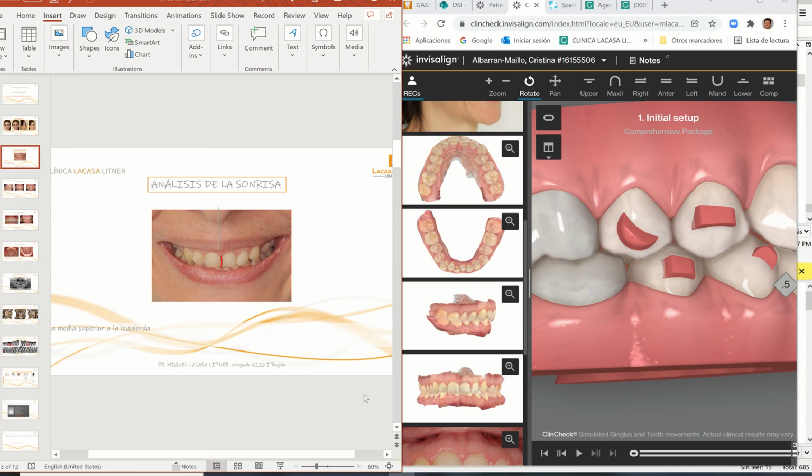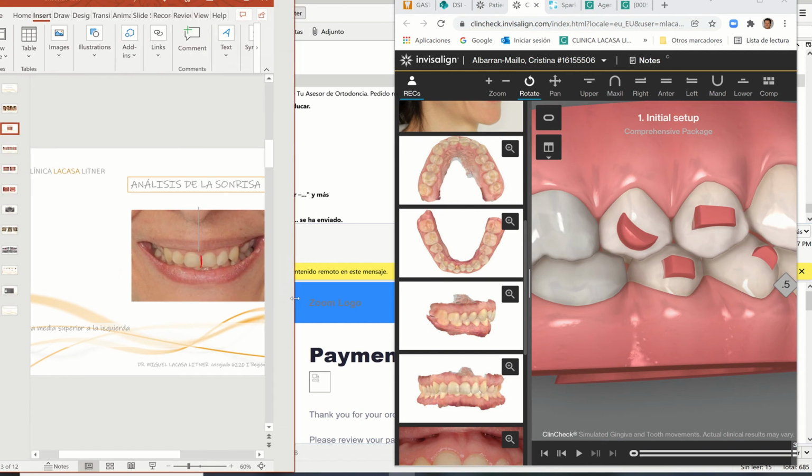What we are going to do today is review a clean check. I have authorization of the patient to show dental pictures but not her facial pictures, so I'm trying to avoid that point, okay? Okay, let's go first to the clean check. I'm going to expand